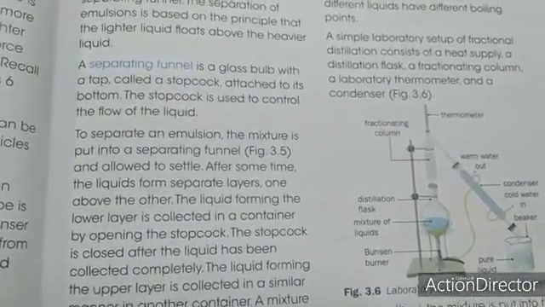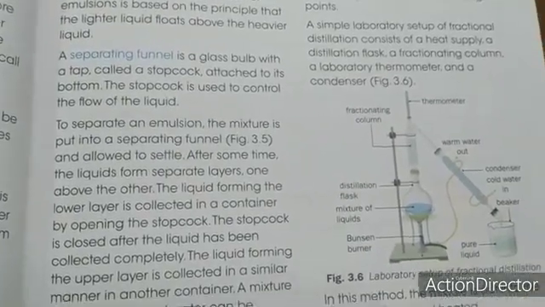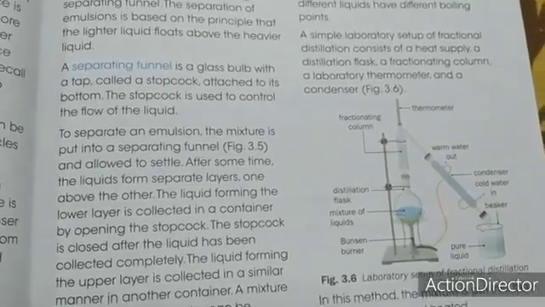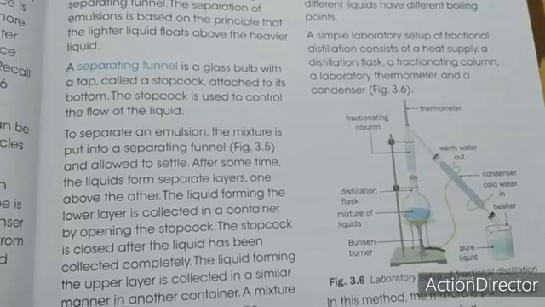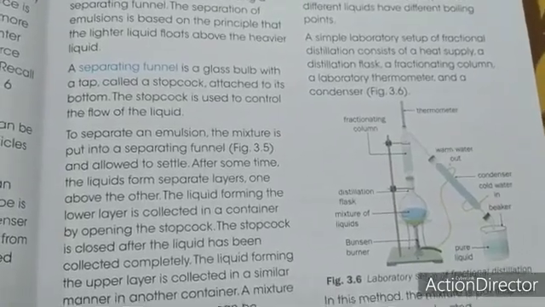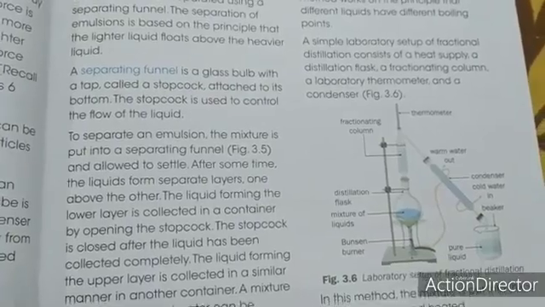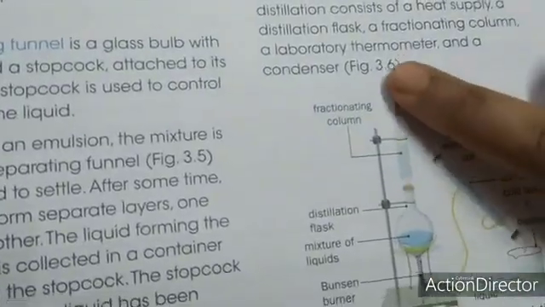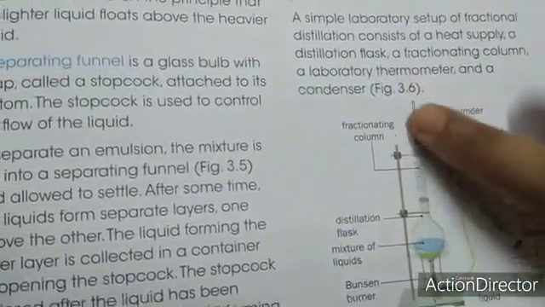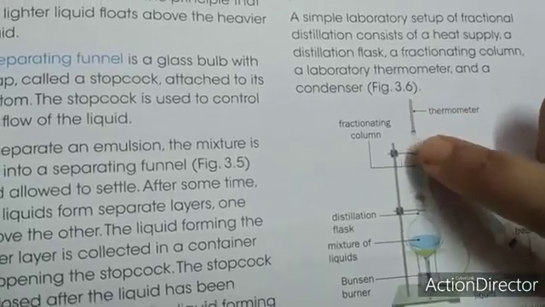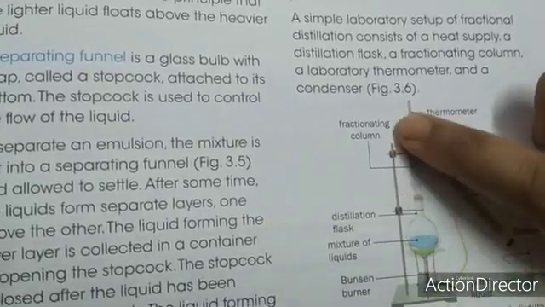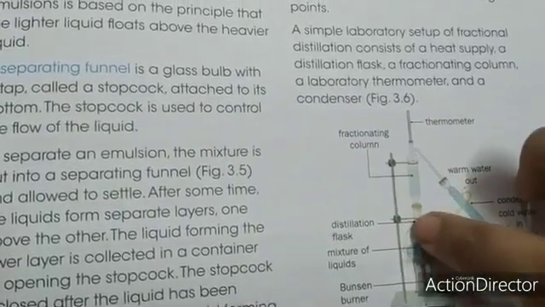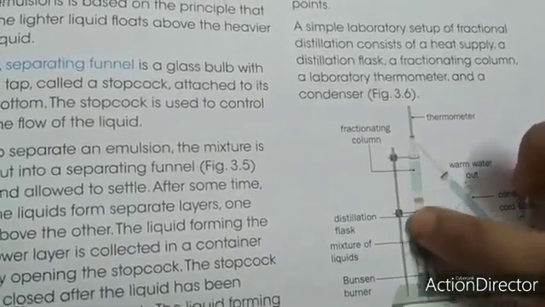The separation technique is mainly based on the principle of boiling point. Depending upon the boiling point, we can separate the different liquids from a liquid mixture. The liquid having the lower boiling point will evaporate first, and the liquid having the higher boiling point will evaporate last. Here the fractionating column plays an important role. You can see this is a little long. Why? Because as I mentioned in the video, when one liquid is separating, there might be a chance that other liquids will also evaporate a little.